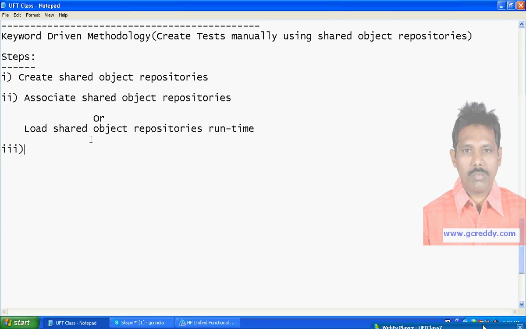Next step, generate statements. Statements are steps. For this third step, we have four possibilities. Concentrate. First possibility,